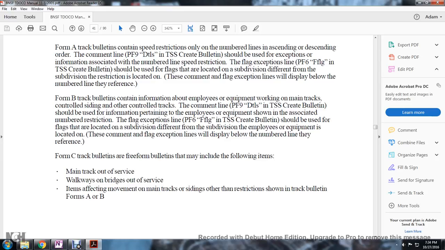Form B track bulletins contain information about the employee's equipment working on the main tracks, controlling, citing other control tracks. The comment PF9 details the track safety standards created bulletin should be using information pertaining to the employee's equipment shown in the associated numbers. Restriction the flag exemption of the PF6 flag of the track safety standards creating bulletin should be used with the flags located with the subdivision different from the subdivision where the employee's equipment is located. The comment of the flag exemption will be displayed below the numbered line with the reference to the